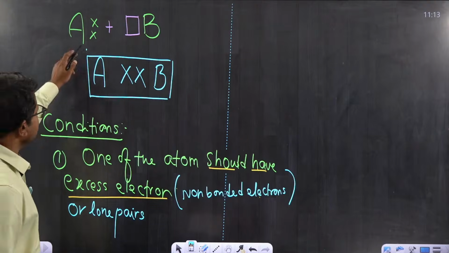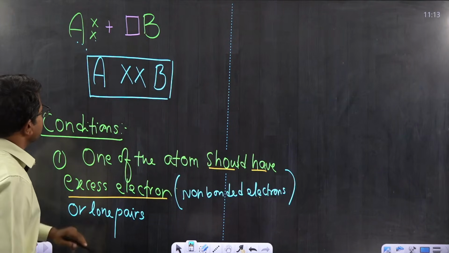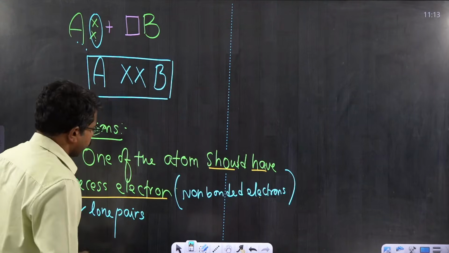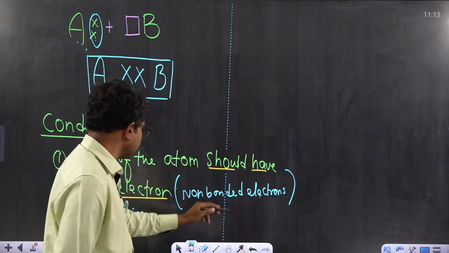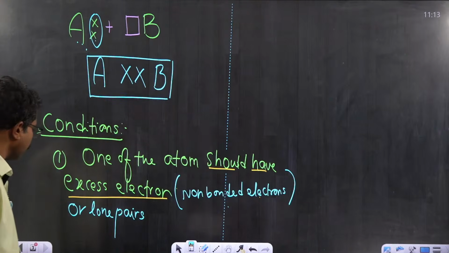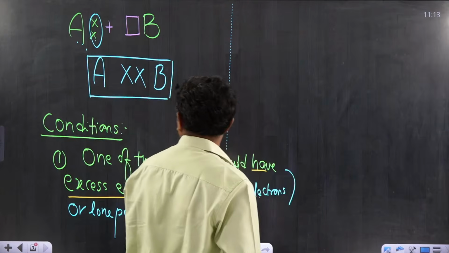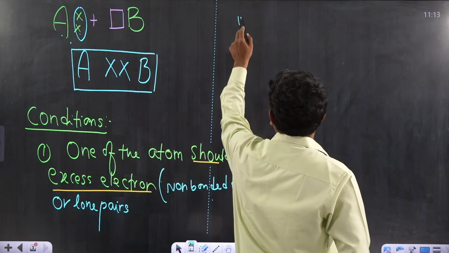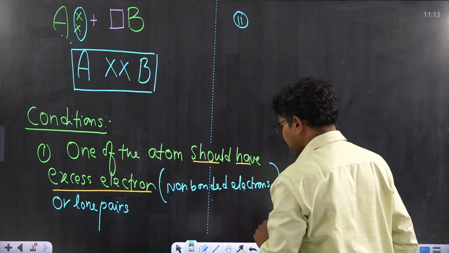Here we are considering the bond between A and B. A is having excess electrons. These excess electrons means the electrons which are not involved in bonding. These electrons can also be called non-bonded electrons, or we can also call them lone pairs. Okay, fine. Now, what about the case of the other atom? When I am referring to the excess electrons